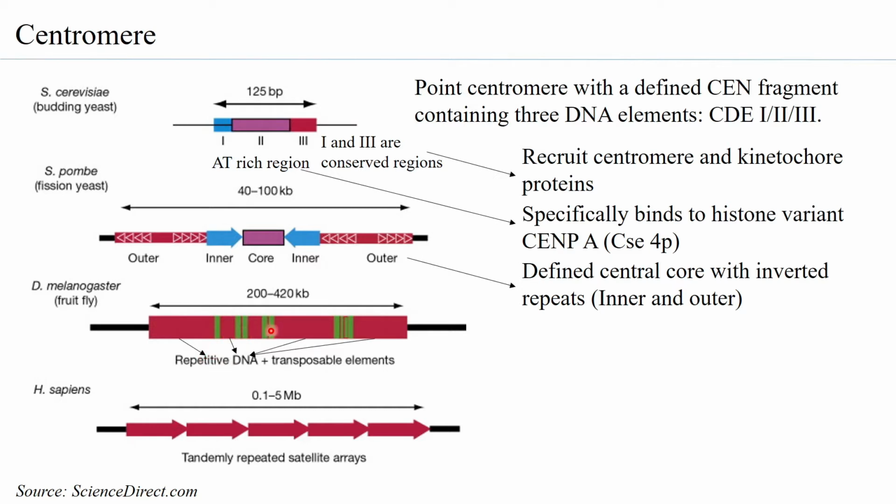So these red regions that you see are repetitive sequences, but what has also been found interspersed within the repetitive sequences are elements called transposable elements, which we more commonly know as jumping genes. Transposable elements are DNA elements that can move from one position of the chromosome to another position of the chromosome. So you can find several transposable elements present within the centromeric region.